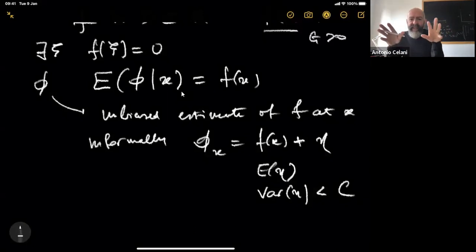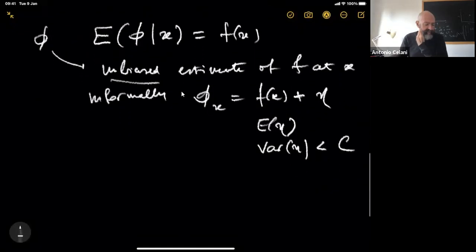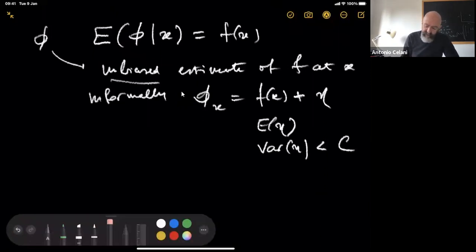This unbiasedness condition can be relaxed, but we're not going to do it because the calculation becomes even heavier than it already is. If it's slightly biased or asymptotically unbiased, all the calculation will work as well. But we will ignore this part for our class. So the statement that I'm going to prove later